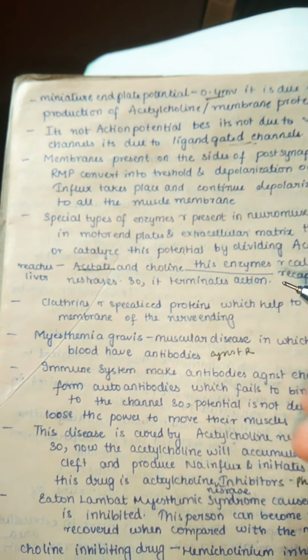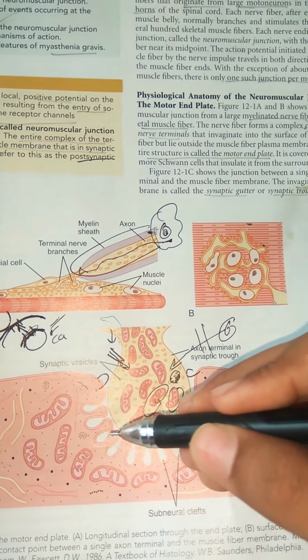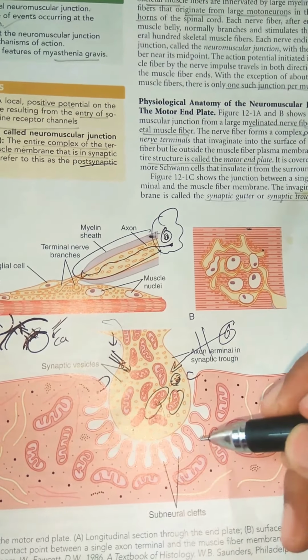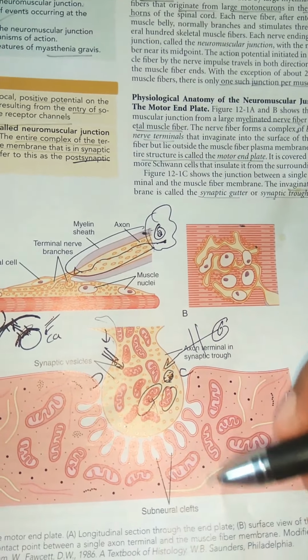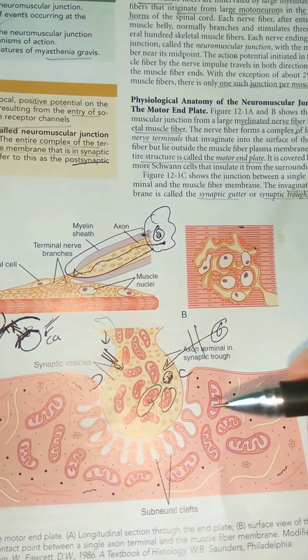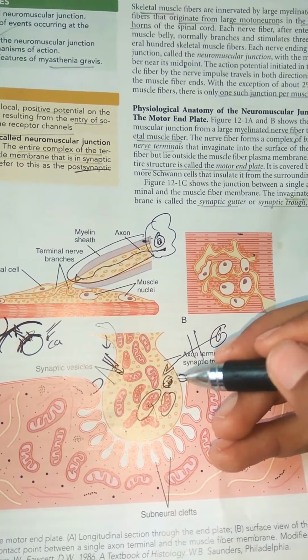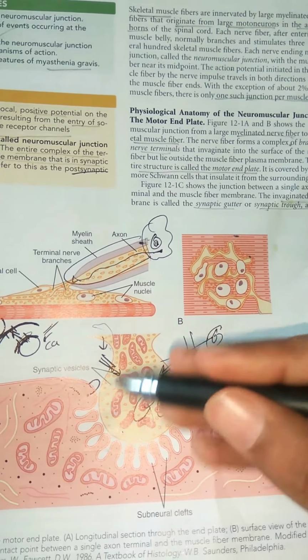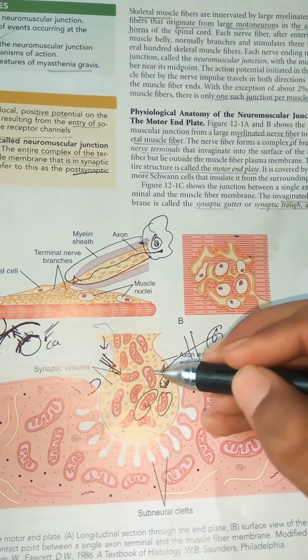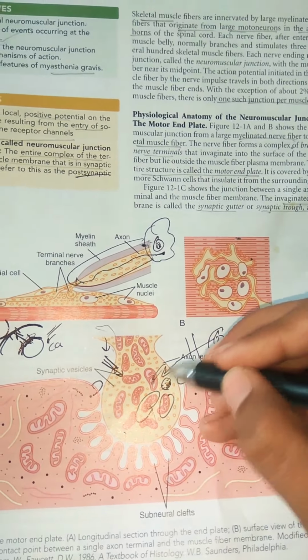These are known as acetylcholinesterase, which mainly breaks down our acetylcholine into acetate and choline. Why are they breaking it down? Because if there is no control, a lot of acetylcholine will keep coming and the muscle will undergo contraction continuously. So to stop this, there is acetylcholinesterase, which breaks down acetylcholine into acetate and choline. The acetate goes back to the liver and the choline can be reabsorbed into the nerve ending.